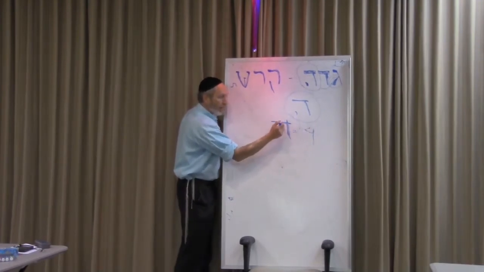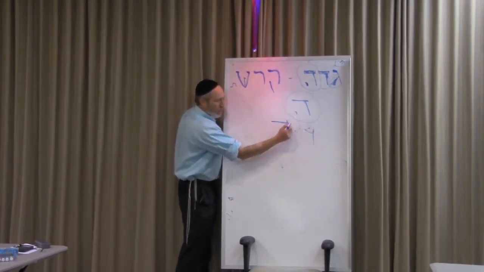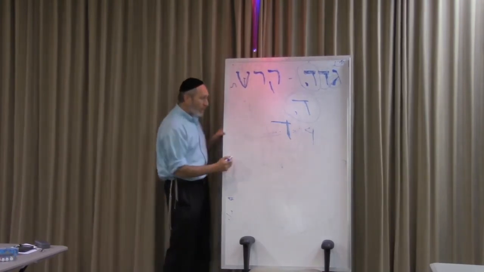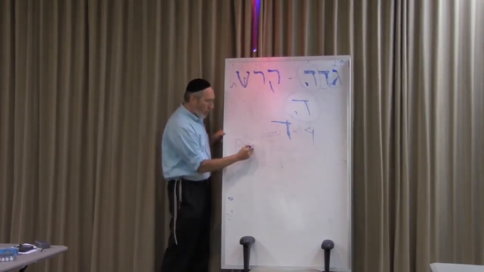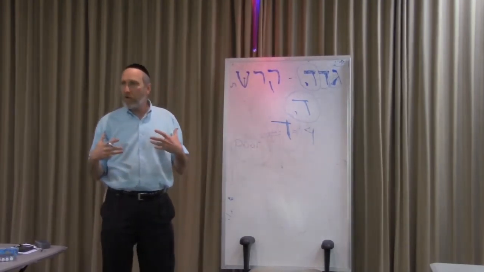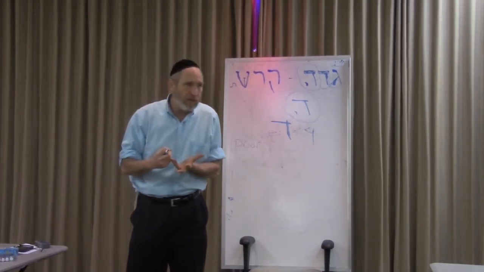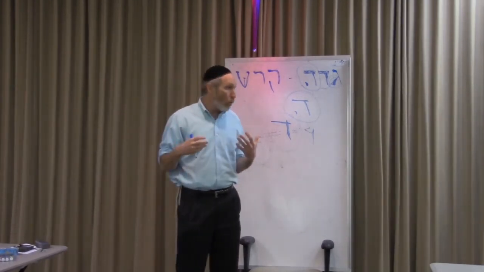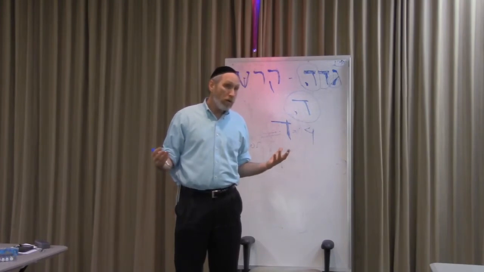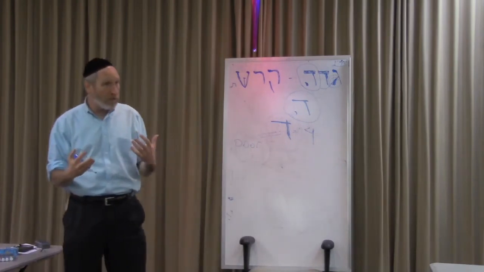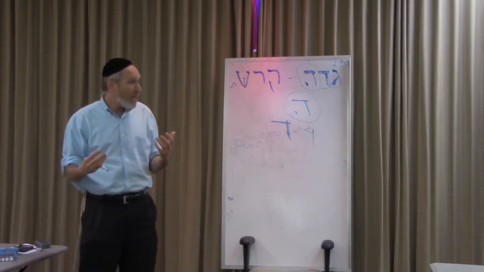This is a plot like a graph, the x axis and the y axis, and the word Dalid, we said, means poor. Why poor? Because poor is something that has nothing of its own. It needs to receive from something else. The physical world, the body without a soul, is poor. If it doesn't have the spiritual component to it, then it's nothing.